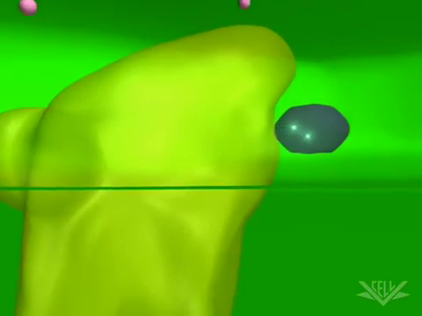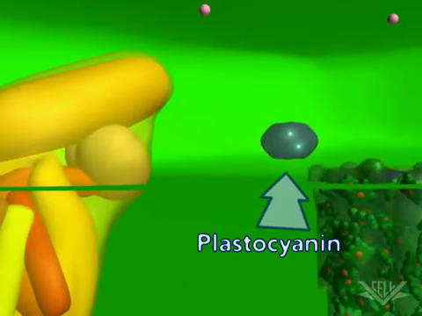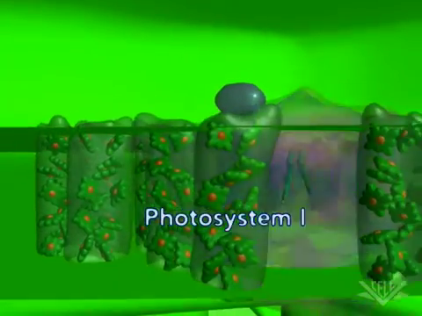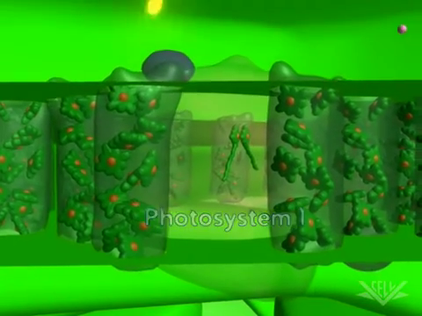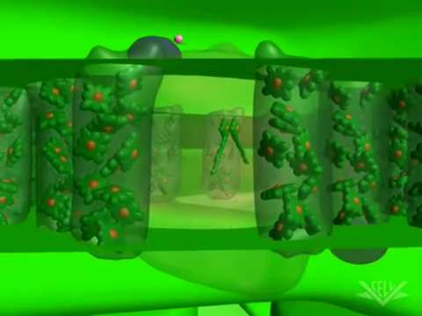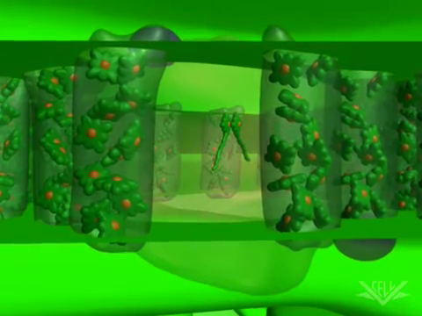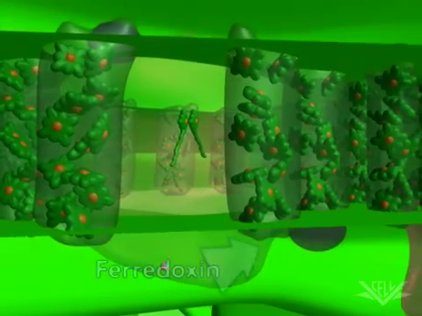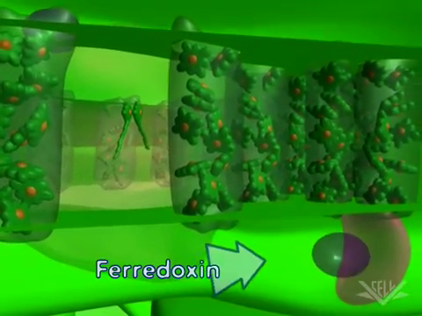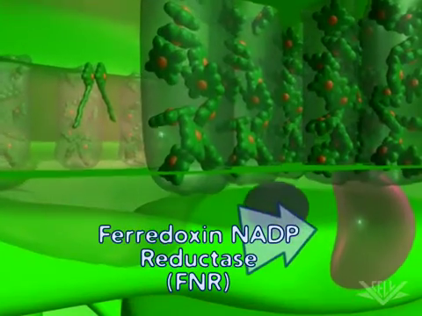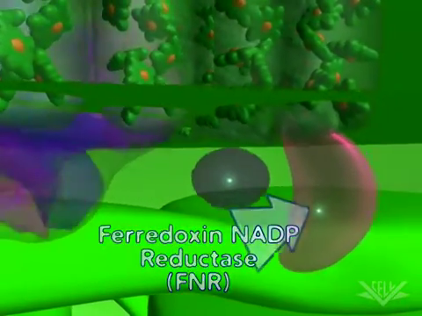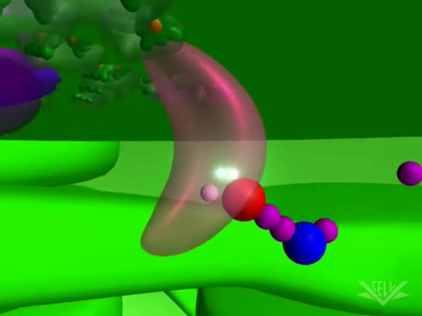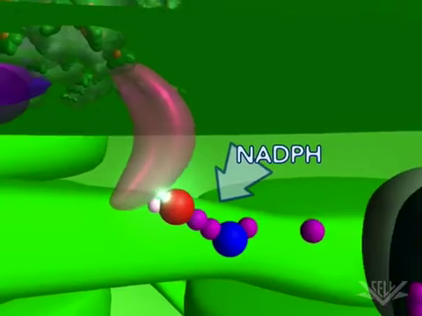The electrons are next transferred to plastocyanin, another mobile carrier. Next, the electrons are transferred from plastocyanin to the photosystem 1 complex. It is here that photons again energize each electron and propel their transfer to ferredoxin. Ferredoxin then transfers the electrons to the ferredoxin NADP reductase, also known as FNR. After 2 electrons are transferred to FNR, NADPH is made by adding the 2 electrons and a hydrogen ion to